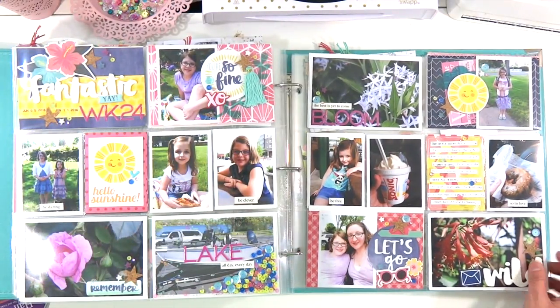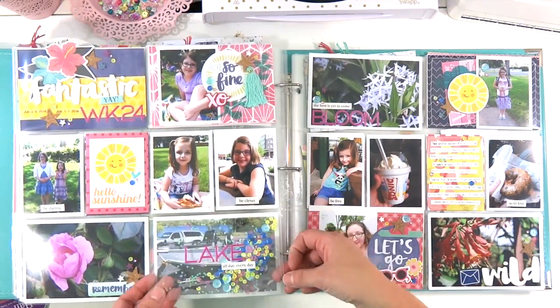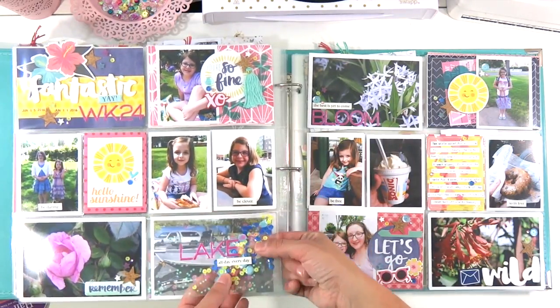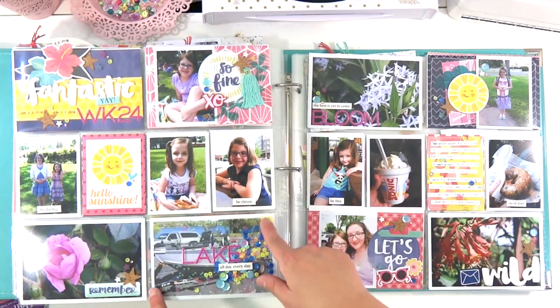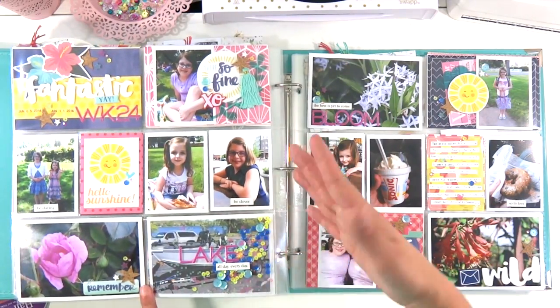I just absolutely love those. And this was a really fun thing that I did. This is my husband's boat parked. He just took a picture of it. And because it's not the most, I don't want to say photogenic, but it's not the most artsy picture that he's ever taken, I covered it up with one of these 4x6 Becky Higgins Fuse,